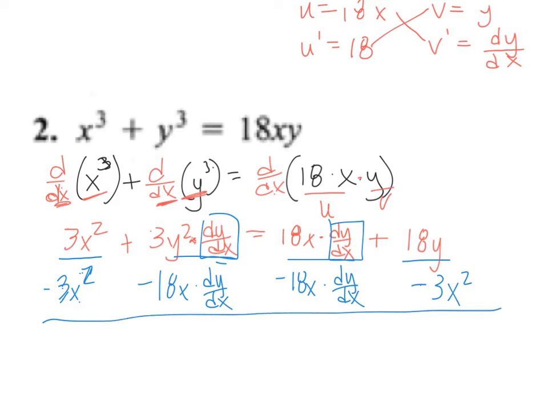We're going to get 3y squared times dy dx, minus 18x times dy dx, and that is equal to 18y